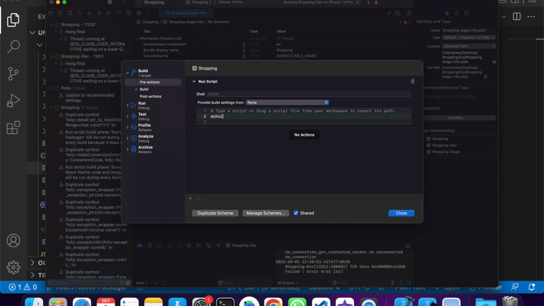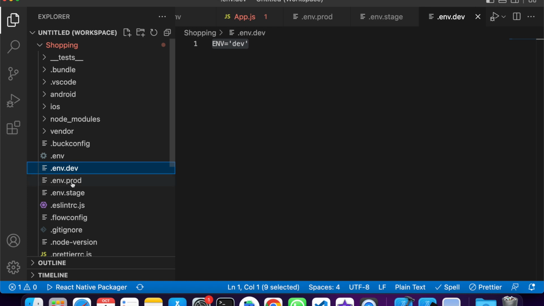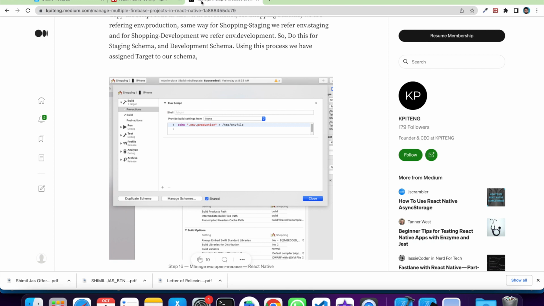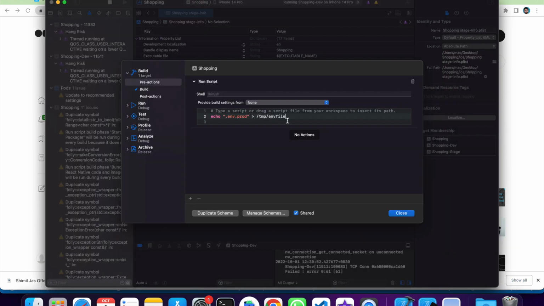Now here what I'm going to do, echo .env.prod. Just verify that it should match with our code. Here is .env.prod, right? Now what we can do, we can copy this into the temp.env file. If you have any query, just check out the documentation. Here you can see the temp env file, right? What this is actually doing, it will copy our production file into the current running env file, right? We can just close this one